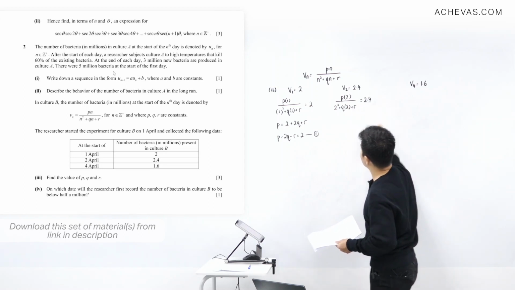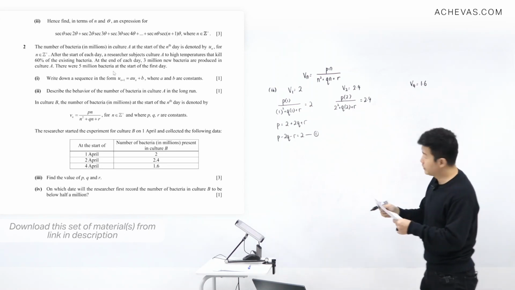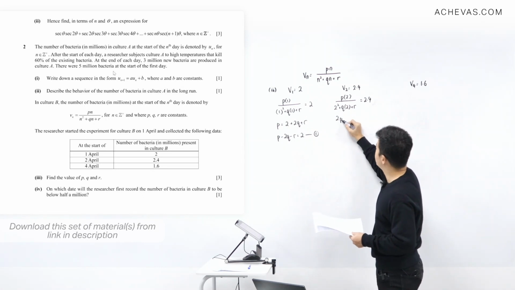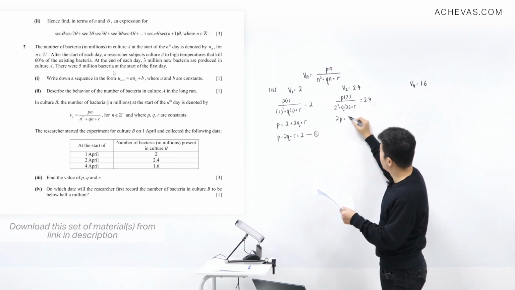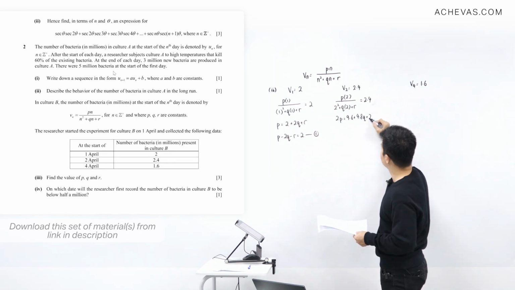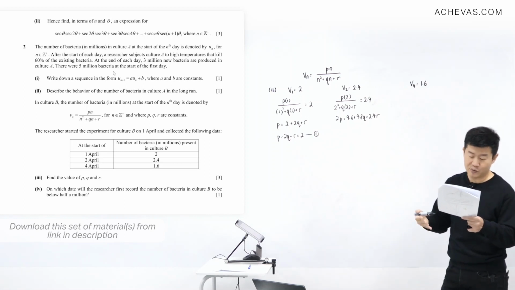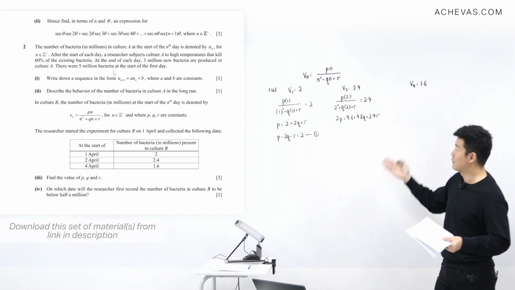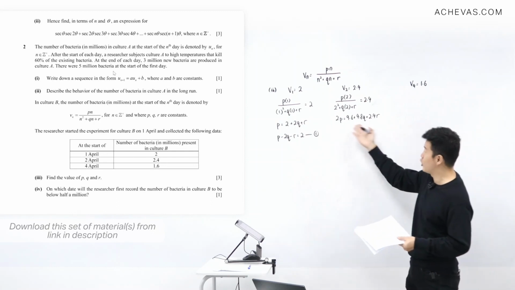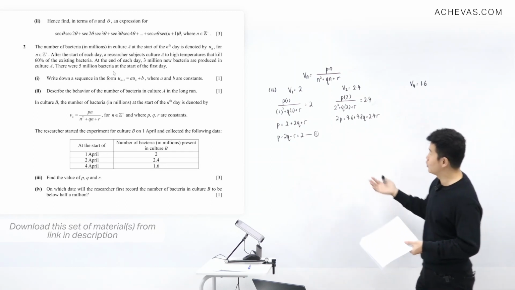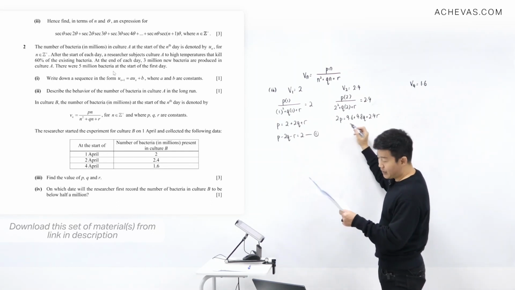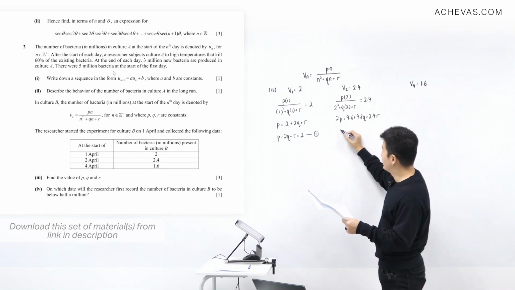This is equal to 2.4. Cross multiplying, we have 2P is going to be equal to 9.6 plus 4.8Q plus 2.4R. And I'm going to bring everything over to the left-hand side. I'm also going to, by convenience, divide throughout by 2 because there's a common multiple here, which is 2. Yeah, so if I were to bring everything over to one side and divide throughout by 2, I will be getting